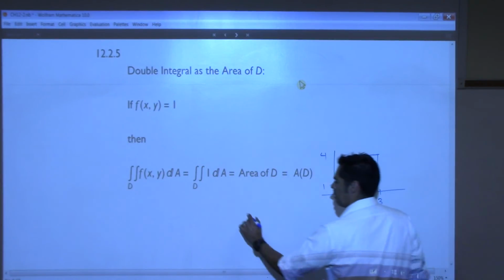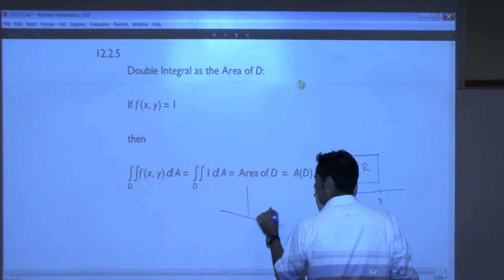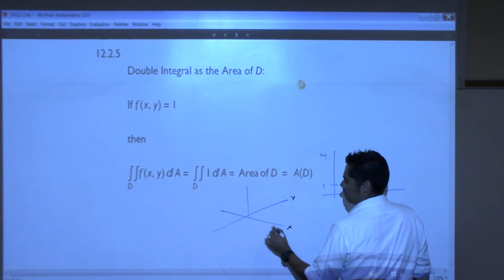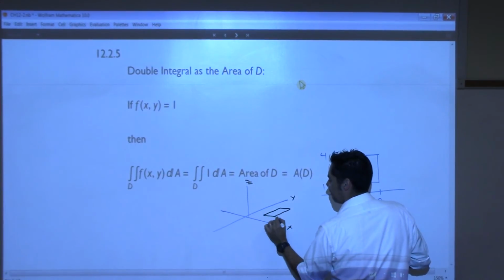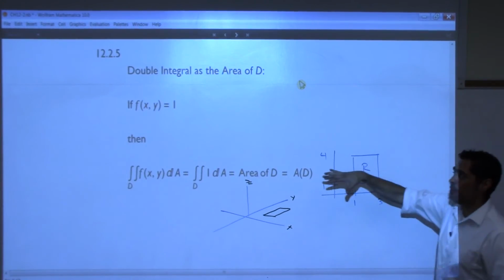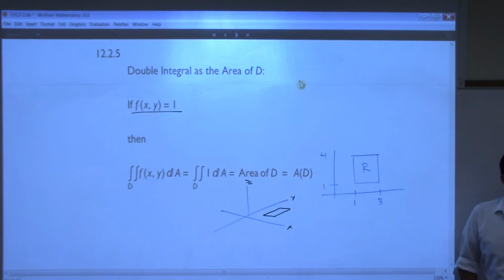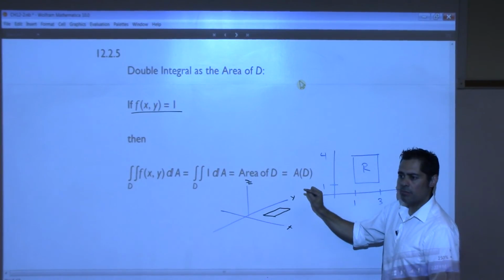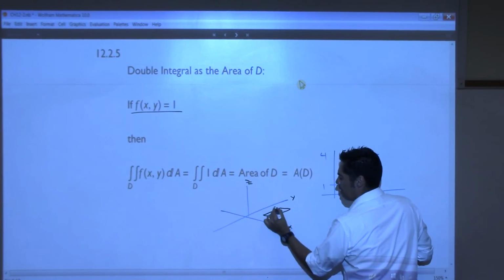So I lay that down on the ground. I'll try and draw this a little different. Let's make this our x, our y, our z. So our rectangle would be laying on the ground like this, wouldn't it? That's our rectangle laying down. Let's say that the function on top was this function, f of x equals 1. That means that no matter what point I plug in, how high do I go up? 1. So for every point I go up 1, go up 1, go up 1. What I wind up doing is drawing